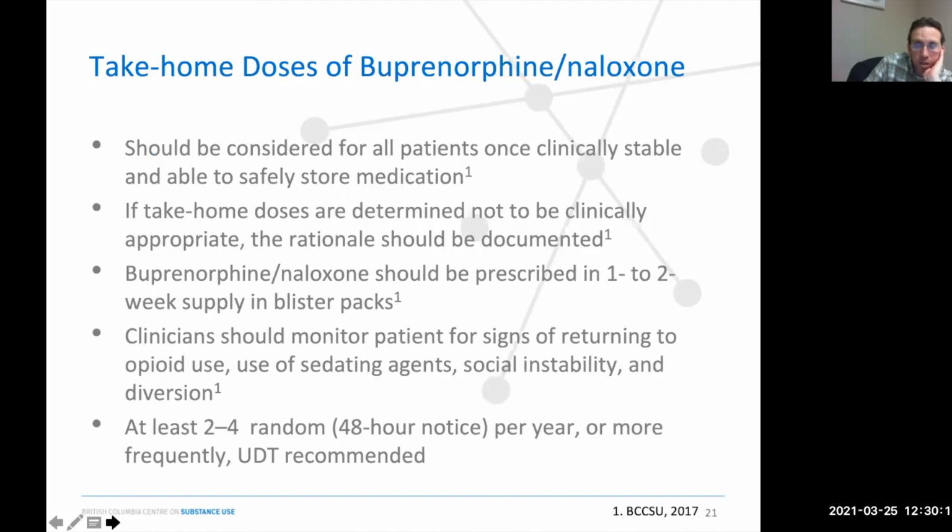Take-home doses. The great thing about Suboxone is that it's really a buprenorphine. I start take-home doses pretty much right away, as long as a person is stably housed and they have a safe place to keep their buprenorphine, and I don't think there's a very high risk of them diverting it, trading it, or selling it, or having it stolen. I start carries at least for a few days, almost right away.